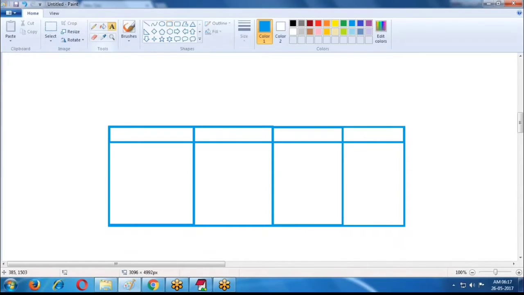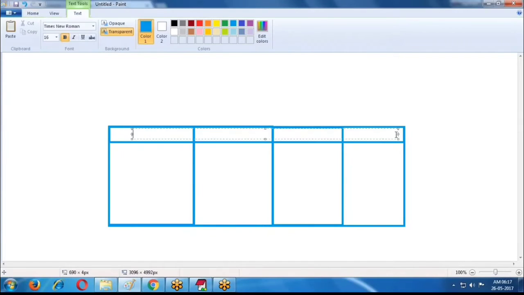Now name, created by, last modified by, owner.